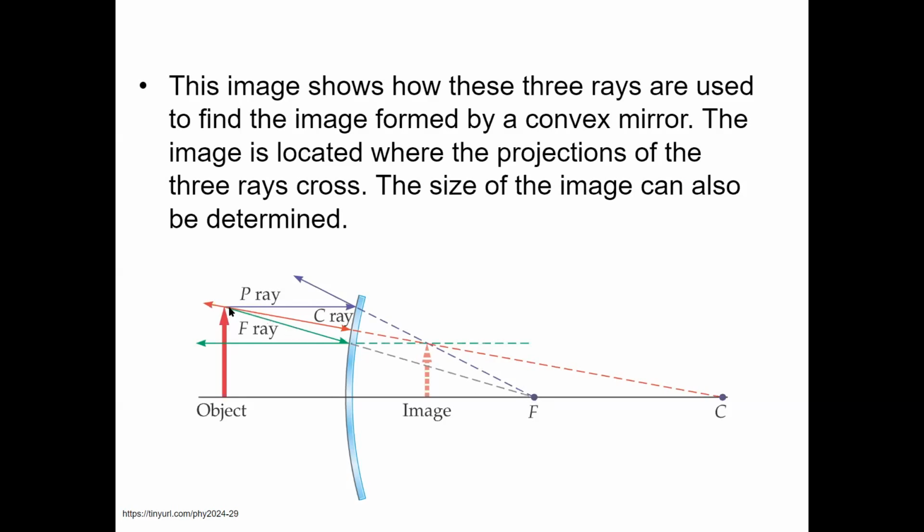The center of curvature ray hits the mirror and comes backwards in the same path, because that's the normal direction. So that's still true. And for the focal ray, now it's not actually going through the focal point, but it's the ray that appears to go through the focal point. Then that will reflect backward parallel to the principal axis. So a little bit differently, due to the nature that the convex mirror will diverge the rays,